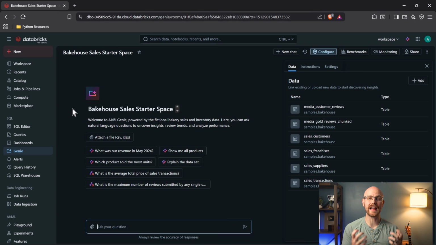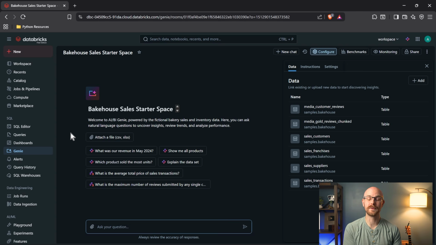Now, this is something that a lot of platforms are trying to build to, but Databricks already has it, which is they have all the data, they have the ability to query and analyze and visualize data all in one place, but being able to use AI with it to get a lot of those things done faster. And so you can ask it questions and it's gonna prompt you because this is kind of a starter section. And you can ask it questions and it's going to run these queries and it's going to get you that